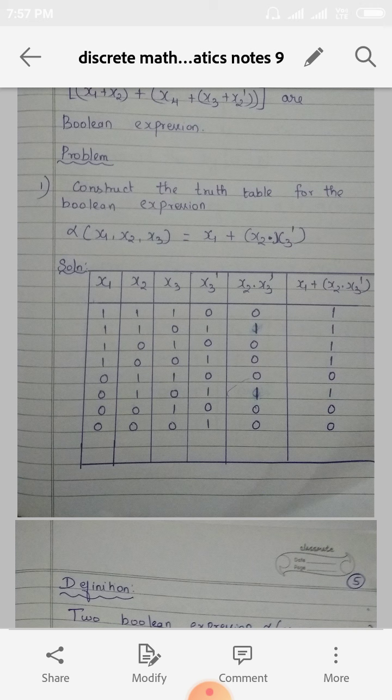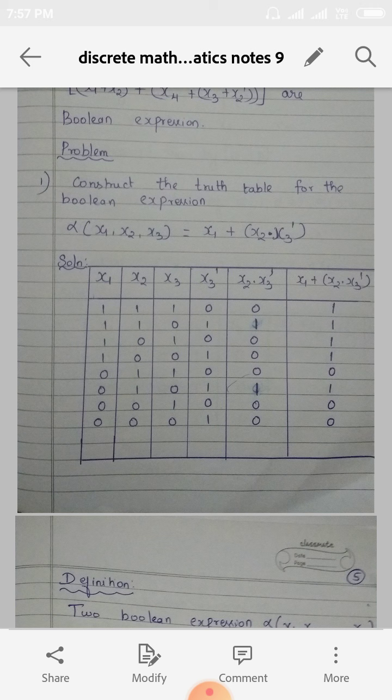Okay, right. So first possibility is 1, 1, 1. Second possibility is 1, 1, 0. You can write in your own order, just rearrange the order, no problem. 1, 1, 1. Second one 1, 1, 0. Next one 1, 0, 1. Next one 1, 0, 0. Next one 0, 1, 1. Next one 0, 1, 0. Next one 0, 0, 1. The last one 0, 0, 0. Just count all the possibilities.